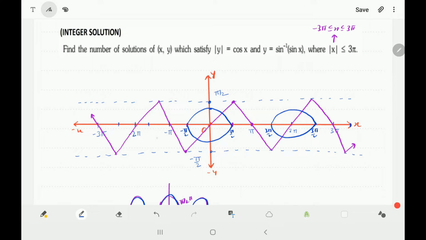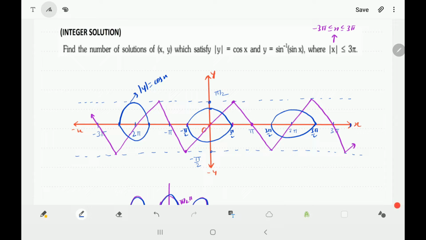Similarly cos x will go like this in the lower part, but we don't need the lower part. You already know this thing because we will be rejecting it. So we will be having this graph here for the cos x. Okay, and the next will be beyond the interval, beyond the value of x as minus 3 pi. Okay, so finally we have this graph as mod cos x, mod y is equal to cos x, and the maroon graph is for sin inverse of sin x.